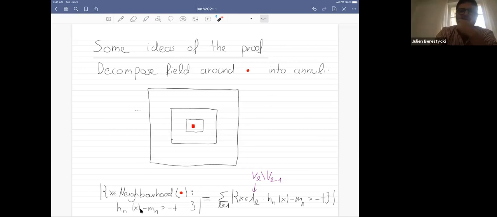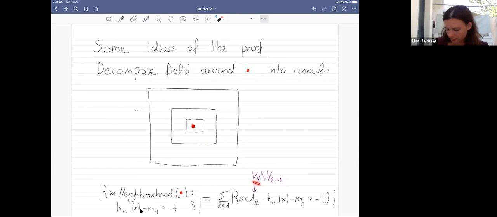Right, so that's why you have to choose these boxes of size e to the L. So these annuli are e to the L, and each of these annuli really represents one step in a branching walk, but on this exponential scale.